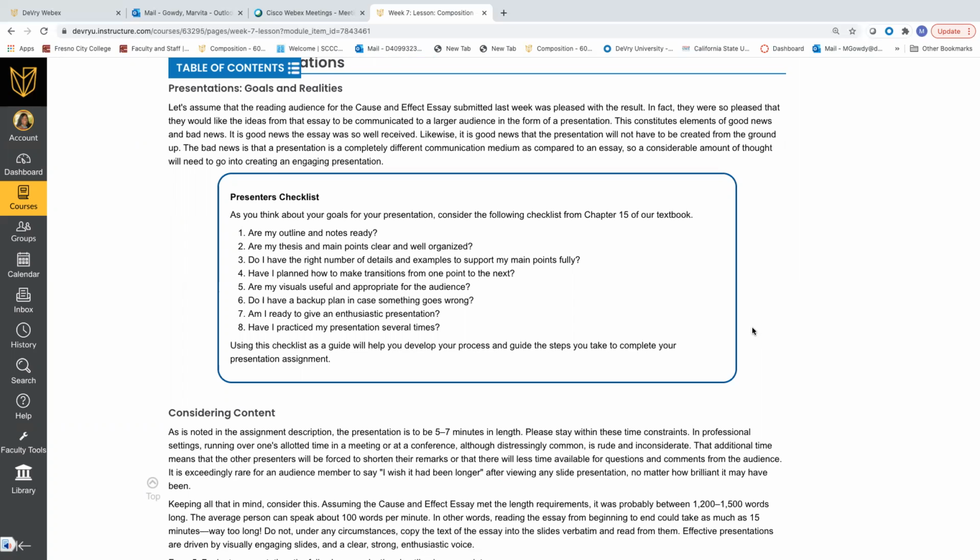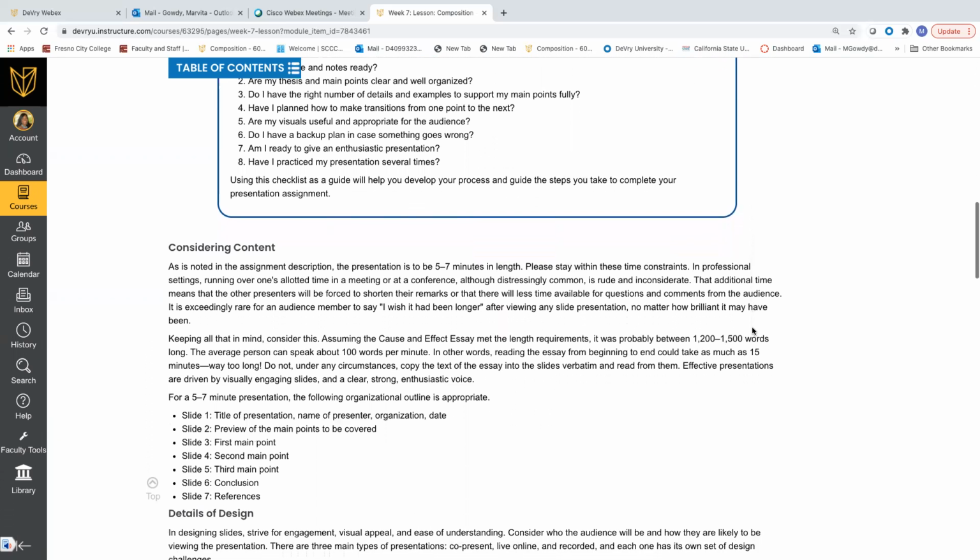And we have to go in depth about the content of the slide because you do not want your slide to be just covered with words. You want to have very little words, use bullets, and have some examples of pictures, your visuals that will support the work that you are doing. So, considering content,